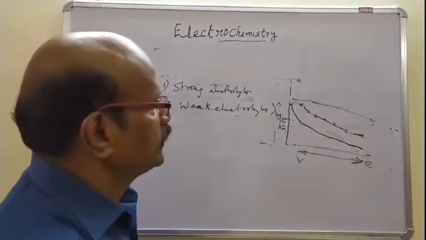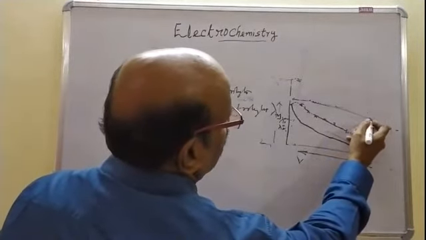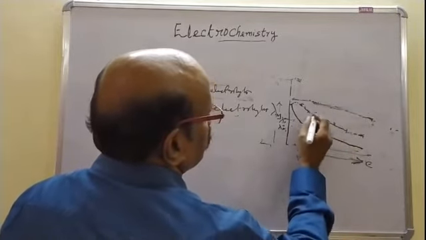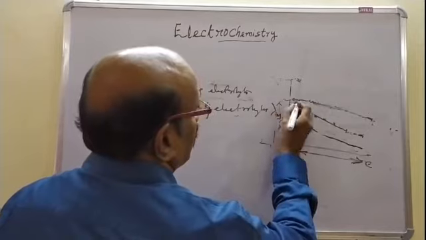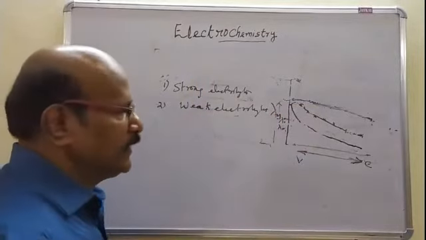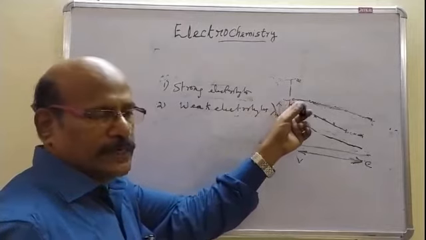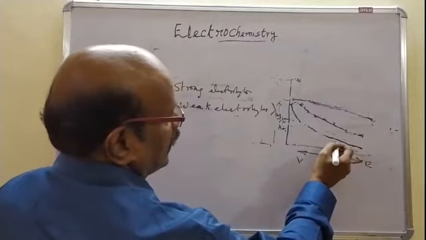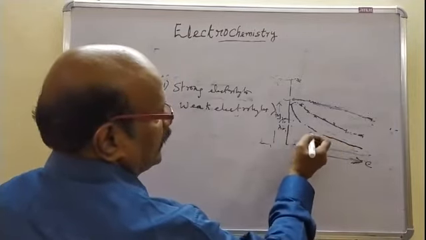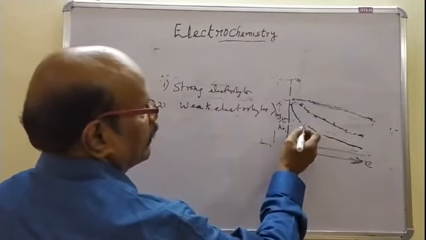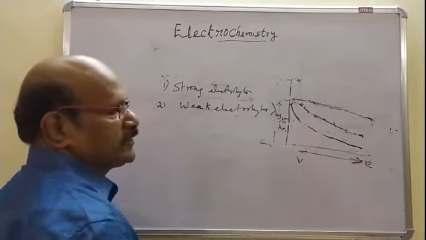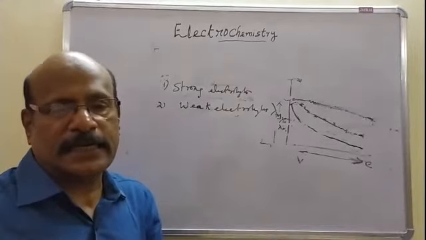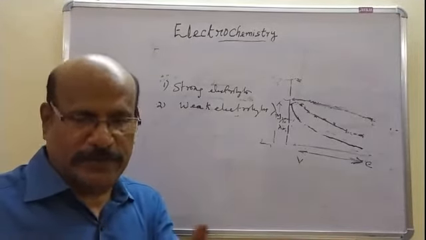This is a graph. Strong electrolyte: a higher value initially, it increases gradually with the increase of dilution and reaches a limiting value at infinite dilution. So we can determine graphically lambda infinity or lambda 0 m for a strong electrolyte. The case of a weak electrolyte is a low value at higher concentration. As the dilution increases, there is a rapid increase in the lambda m value, and we cannot say at what stage it reaches lambda infinity. So we cannot determine graphically the lambda infinity m or lambda 0 m of a weak electrolyte.